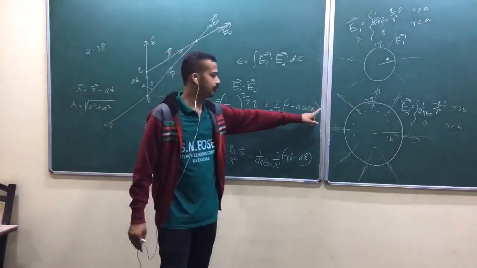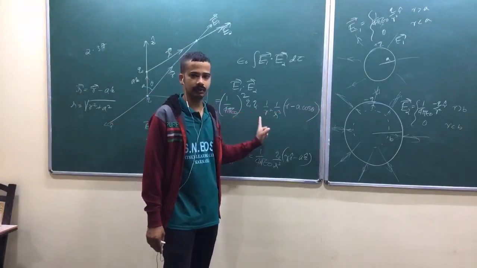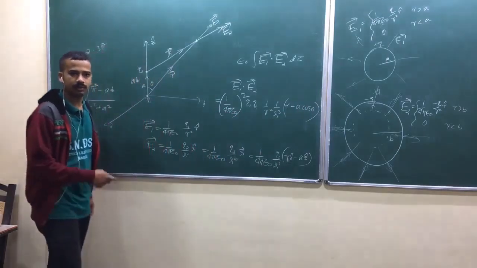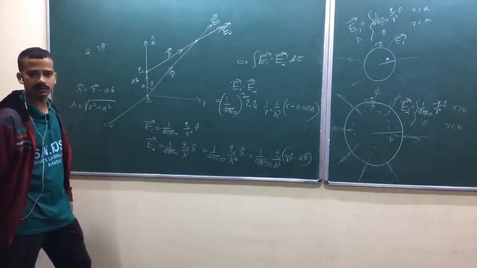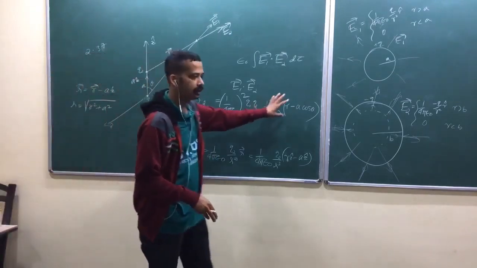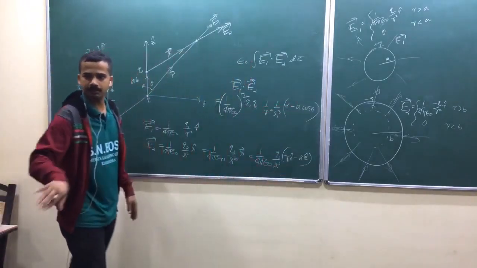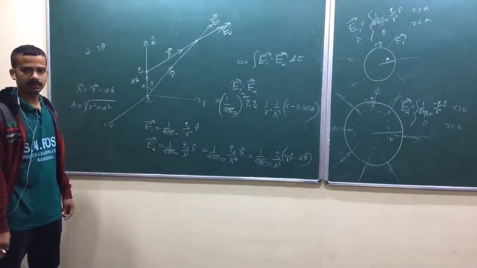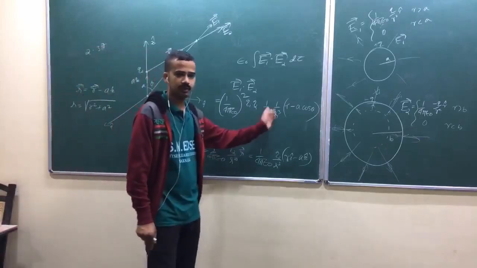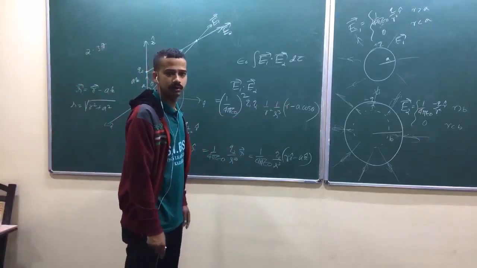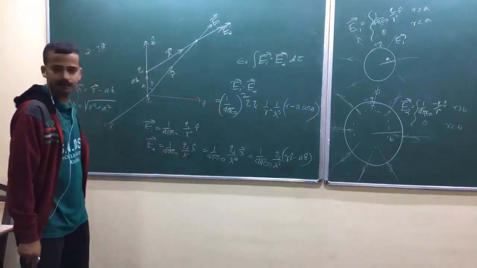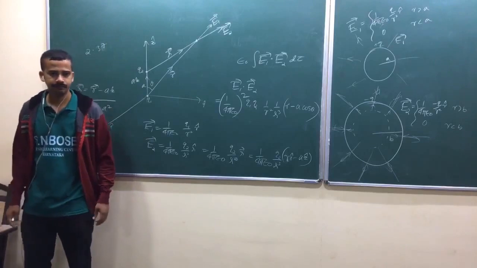No, wait a second. If you put d tau in this, r square will get cancelled, okay? But r minus a cos theta, how do you do that one? Again, you have to do with respect to r, with respect to theta, isn't it? If functions are multiplicative, it was very easy. Take theta part one side, r part one side, isn't it? If functions are additive, one is r function, one is theta function, then you have to do r first, then you have to do theta. Are you getting my idea? Do that integral. Yeah, what else? Quickly.